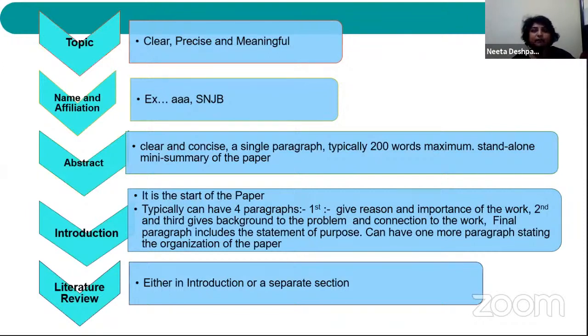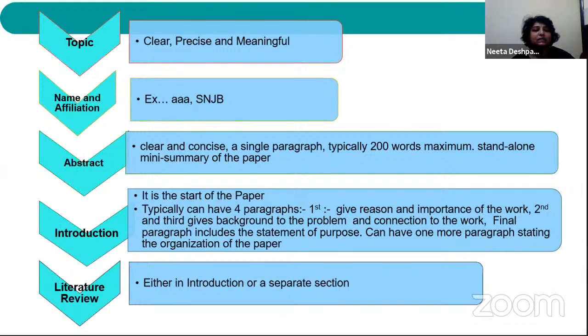So why have you selected this? Why did you go into the area of image processing? Why is CBIR important? Or why is data mining important? Why have you selected feature selection in data mining? Whatever topic you have selected, why are you selecting that particular topic? You give the reason and you give the importance of it.